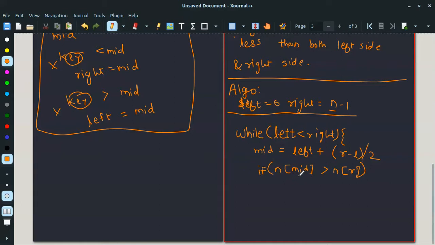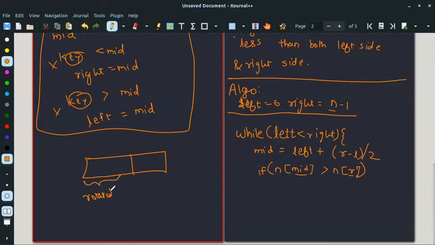So the number at mid is greater than the number at the rightmost index, which means the array has been rotated, and the array will be divided into two parts. So this part will be the rotated part, and this would be like the original part.